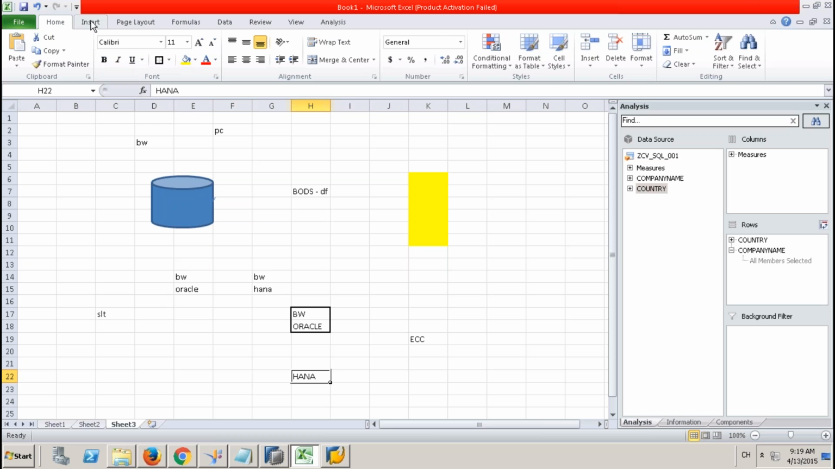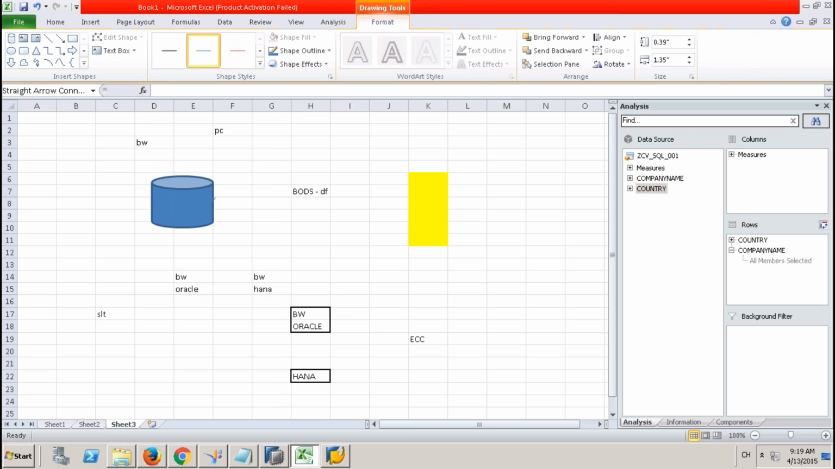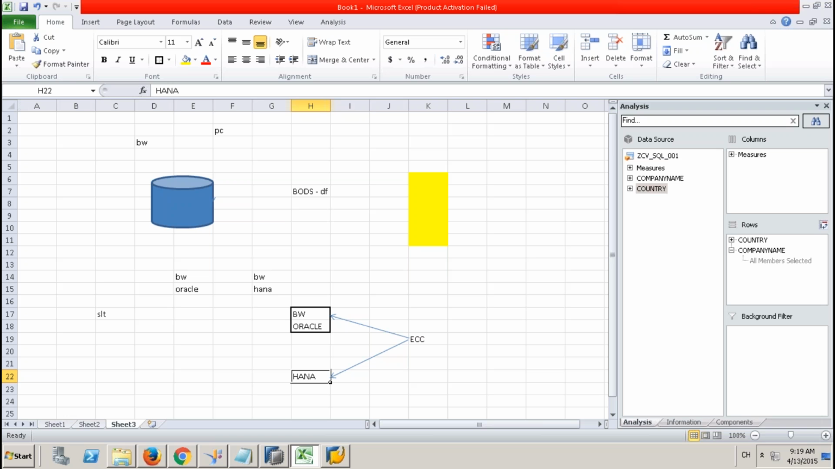So now what is the requirement? I have a single ECC system which has to feed both. Because of this sidecar implementation, the existing BW is undisturbed and you're implementing a sidecar on HANA. In that case, I would like to use the BW mechanism of data source to push into HANA. What I'll do,